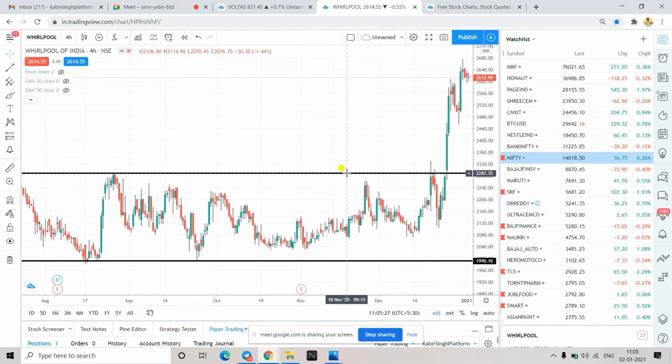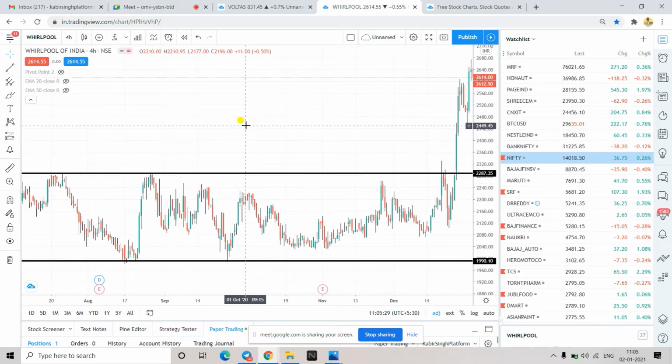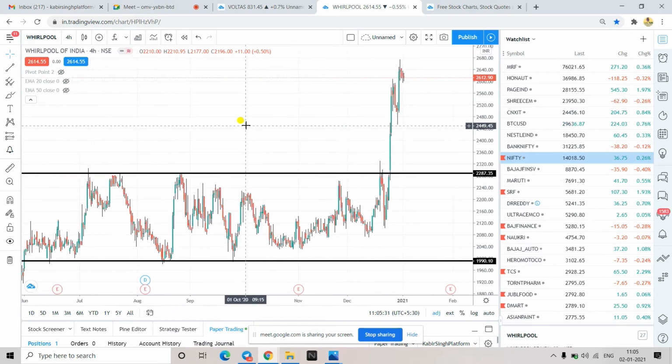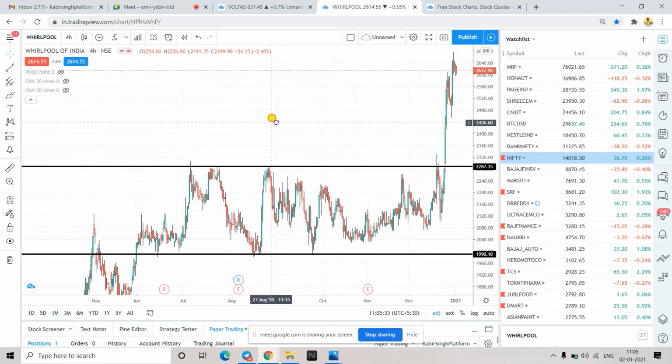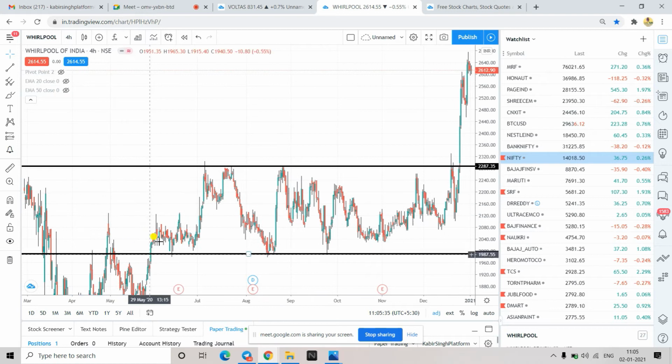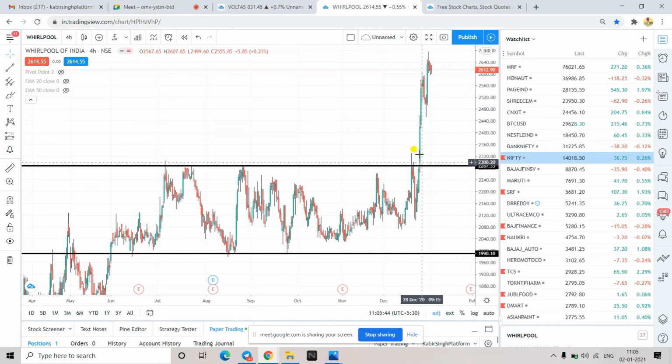Simply, these are just SNR lines which I am drawing because I am seeing it is in somewhat of a parallel channel, matrix trading. You can understand. See, price is coming here, taking support, going up, again coming down, again going up, again coming down, again going up. Now this has given a breakout out of this. So once it has given a breakout, you can go long.